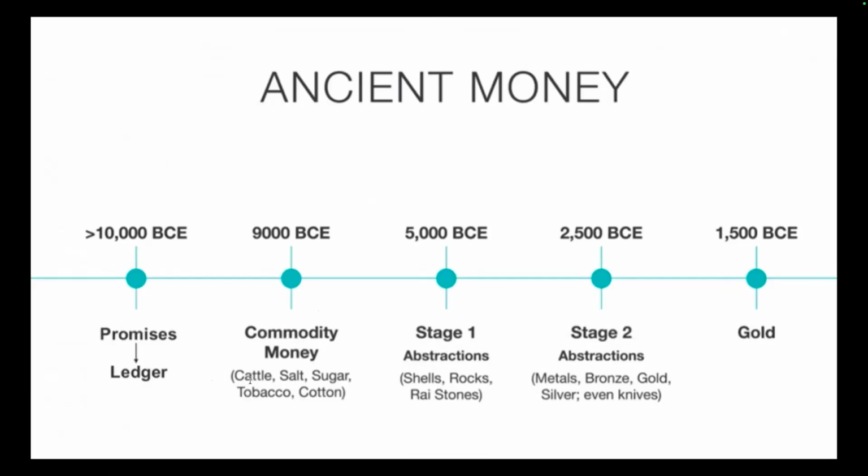And salt, cattle, tobacco, cotton were a kind of common currency because they were easily exchangeable for something else. So it was easier for me to exchange my sheep for salt and then my salt for potatoes than to go from my sheep to potatoes directly, right? Because most people need salt. So it was easier to use this sort of common barter